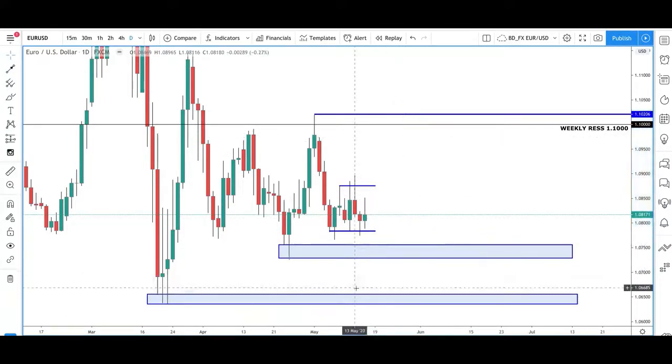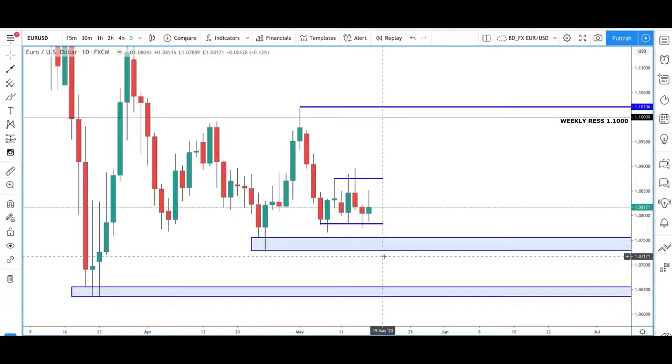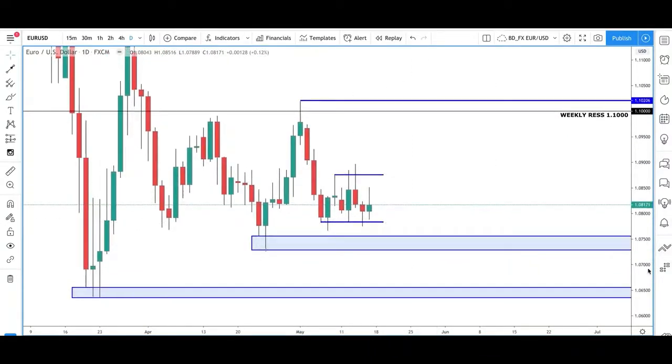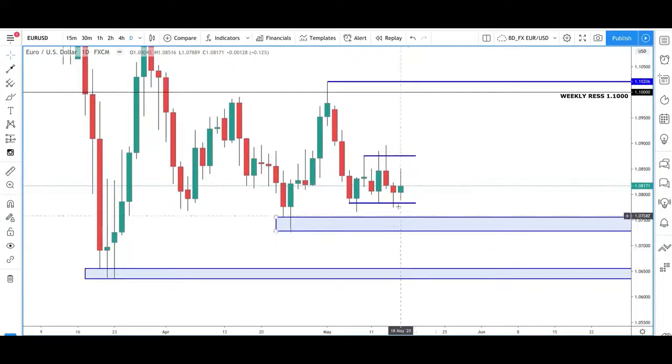Getting a bit confusing, so I'll just keep it to the short term for the moment, but that's sort of a longer term view. I'm always looking at what's going to happen in the medium and long trend, as I explained on Friday with GBP USD. So just to keep it simple at the moment, what I think we can expect is to break this little consolidation zone that we've been in all of last week. Friday, Thursday, Wednesday, Tuesday, Monday, last Friday, last Thursday, and last Wednesday. So a week and a half we've been in this little zone in Euro USD.